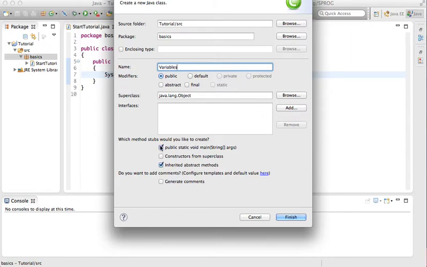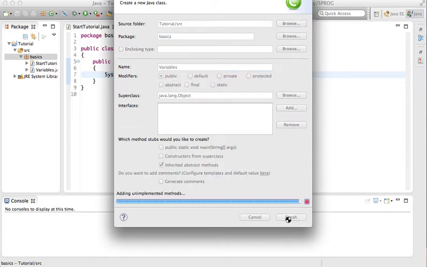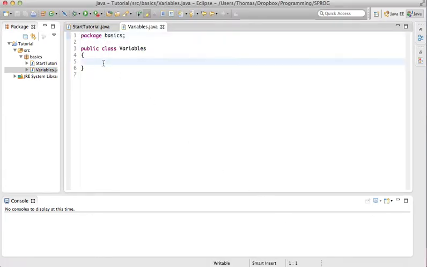You could tick the box public static void main, which will create a main method for you, but I'm going to show you how to do it manually. So we've got our public class, which basically is the file, and it's inside the package we created. That's alright. And then we create our main method, public static void main,